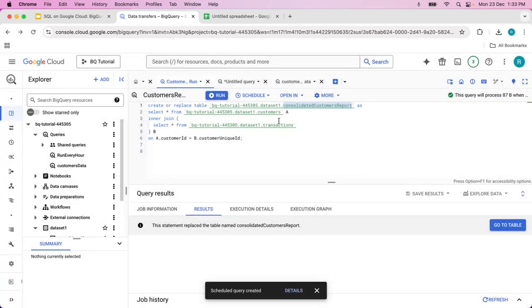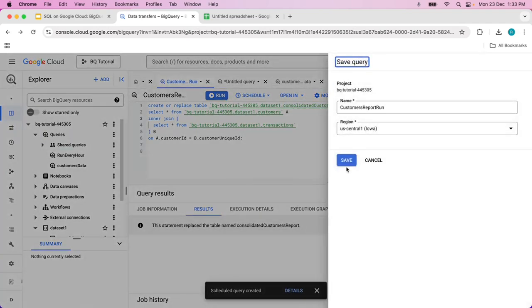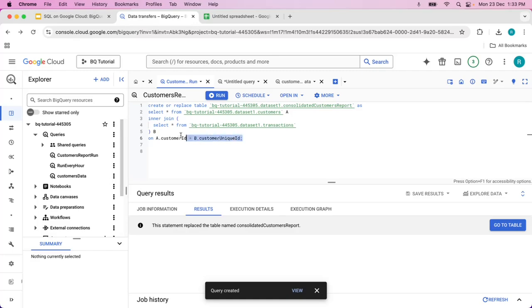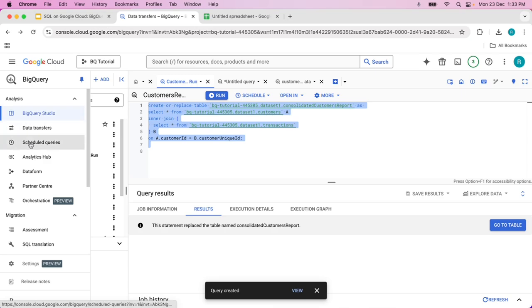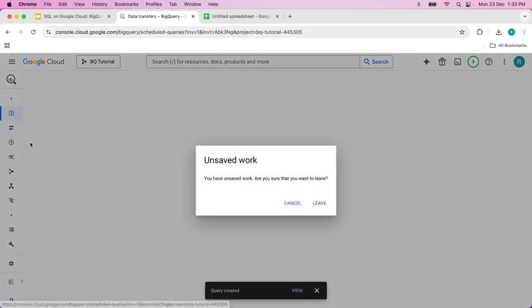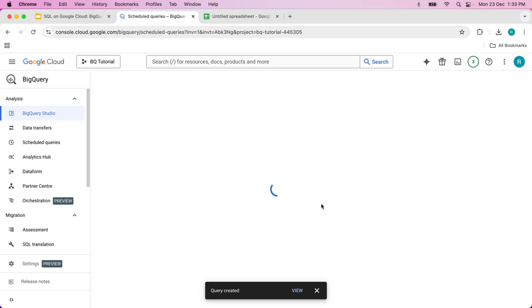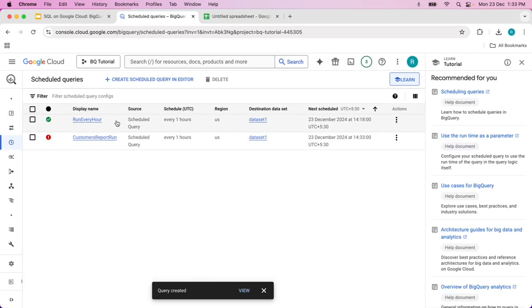So now what will happen? This gets saved as well. Customer reports run. Now I'm saving this one as well. This entire script will run automatically once in every 1 hour. To see how it can run, on the left side you can see something called scheduled queries. Click on scheduled queries and click on leave. That's fine. And you come here, and you can see that the customer report run is scheduled to run every 1 hour,